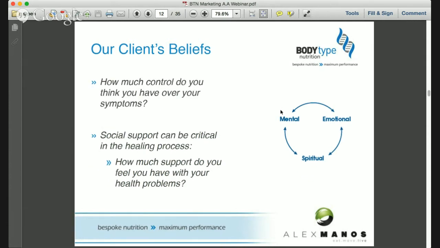You could ask some other questions. How much control do you think you have over their symptoms? Another key thing to step into your client's shoes about. And how much social support do they have? Again, going down the psychoneuroimmunology route, we know that people who are alone have suppressed immune systems if it's for too long, from taking blood draws of those sorts of clients, etc. So there's some really interesting information, and there's some very powerful things we need to be thinking about in those initial consultations before we get into the stuff that we may really love, which is obviously the pathophysiology, the nutrition,